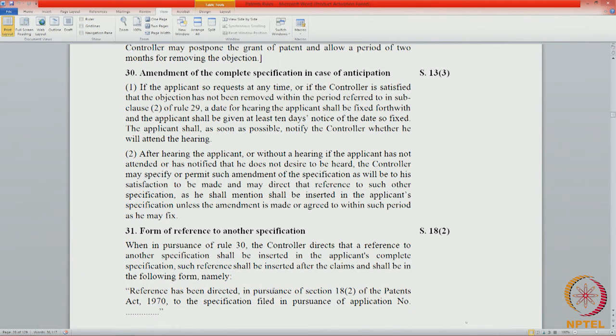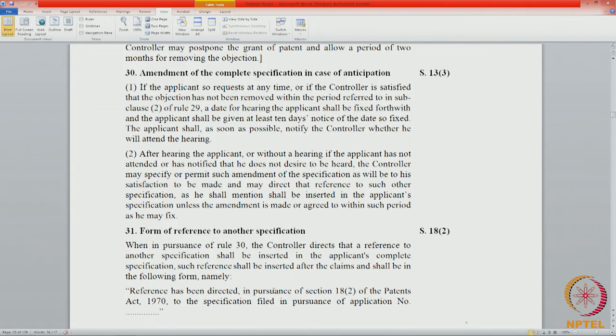Now, you can draw a list of types of hearing under the Patents Act, and you will be surprised to see under how many provisions you can have different hearings. The default hearing provision is under section 15. Any objection, if the controller is inclined to refuse an application, he can call for a hearing, and based on that, he asks the applicant to amend the specification, or he rejects the application, or he grants the application.